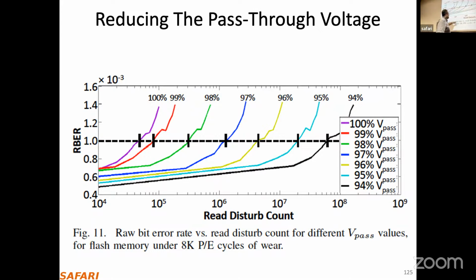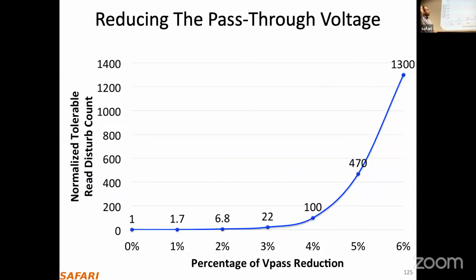So here is the read disturb count, the number of reads that happen in the hammering row or aggressor row. But as a result of this hammering, you may have some errors in your adjacent, neighboring rows, right? So by reducing the VPass by 6%, we can actually increase